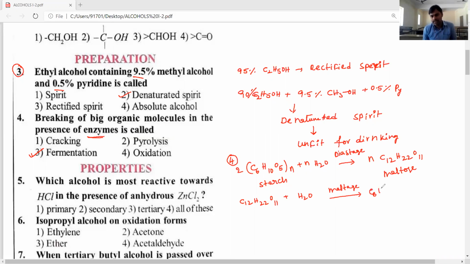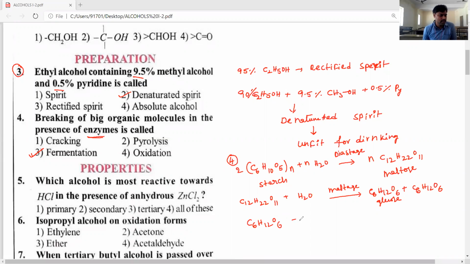gives C6H12O6 and C6H12O6. Okay, now this C6H12O6 is glucose. This is nothing but glucose. This C6H12O6